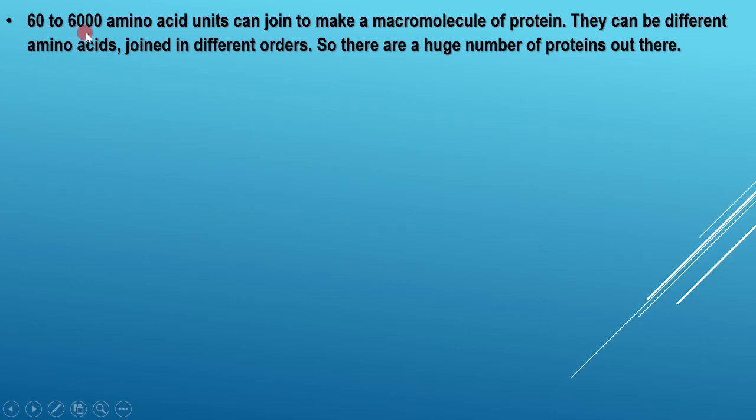So 60 to 6,000 amino acid units can join to make a macromolecule of protein. They can be different amino acids joined in different orders. So there are a huge number of proteins out there, all right? We have different types of proteins, guys. When we talk of proteins, usually we think there's only one type of food protein. No, there are so many different types of food protein resulting from different orders in which amino acids can join,